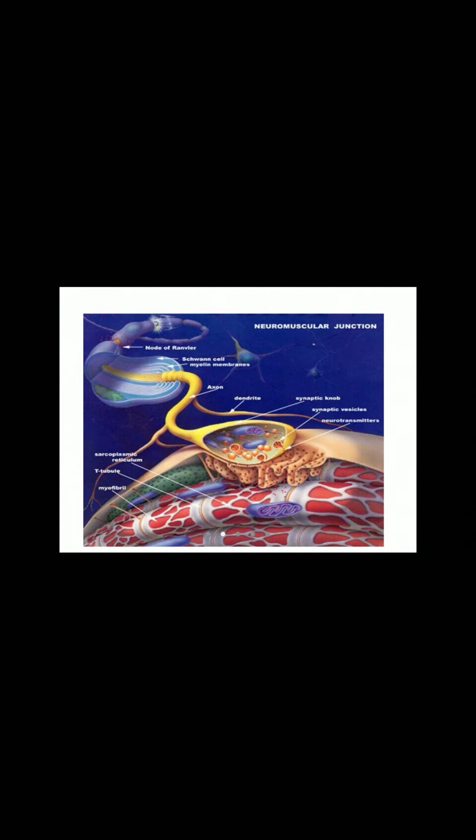The muscle membrane is folded into end plate folds, and it contains numerous receptors for acetylcholine. Cholinergic receptors and voltage gated sodium channels are numerous in the post-junctional membrane. They open up. This leads to the generation of the end plate potential, and this leads to depolarization of the muscle membrane.